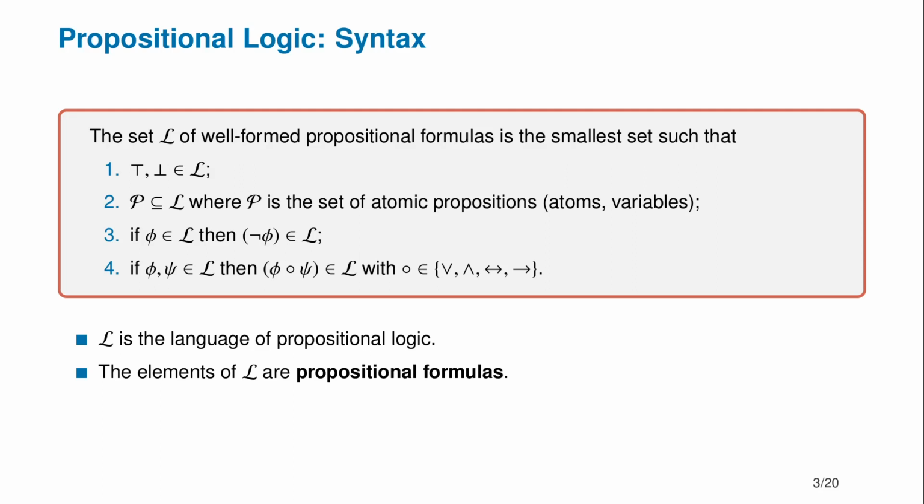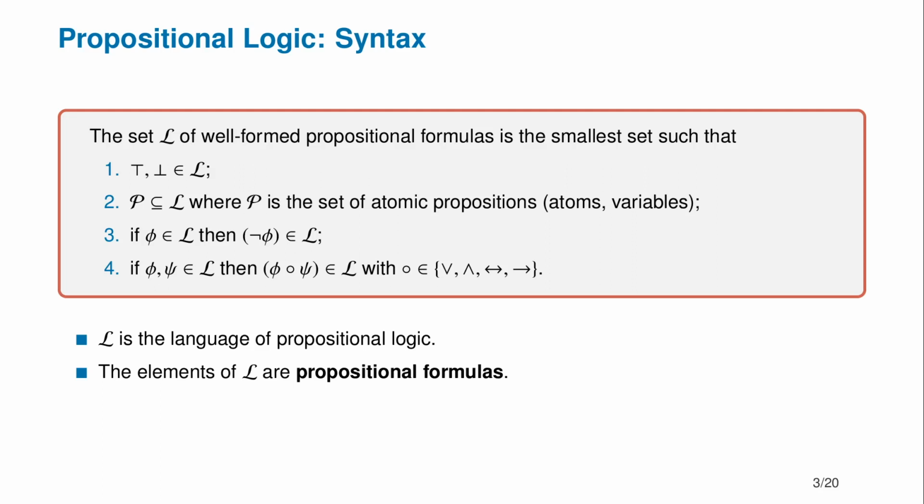We build a formula always over some propositional variables, and here we define the language of propositional logic over the set of propositional variables which are contained in P. So these are our atoms, and now we define what is the set of all well-formed propositional formulas, and this is the smallest set, so it does not contain anything else except what is defined here, such that we have